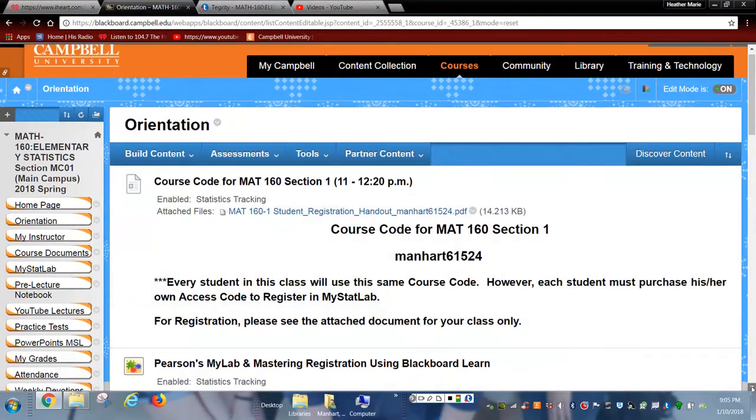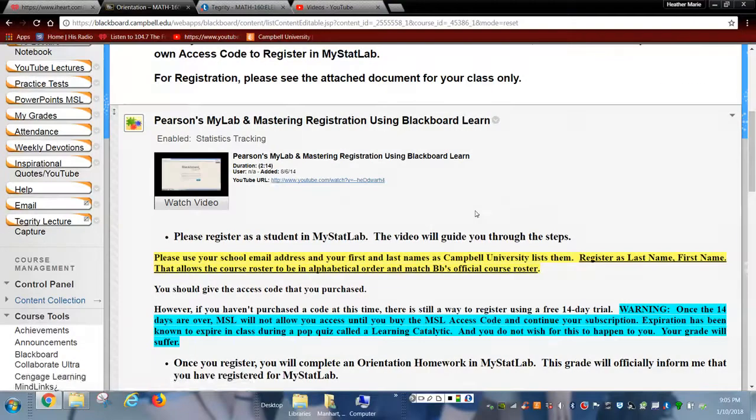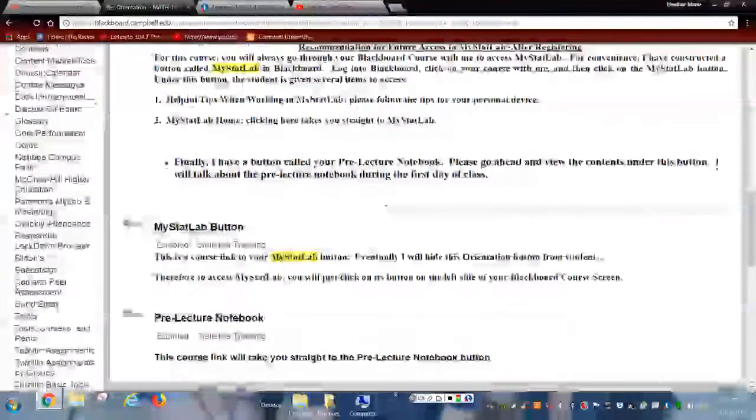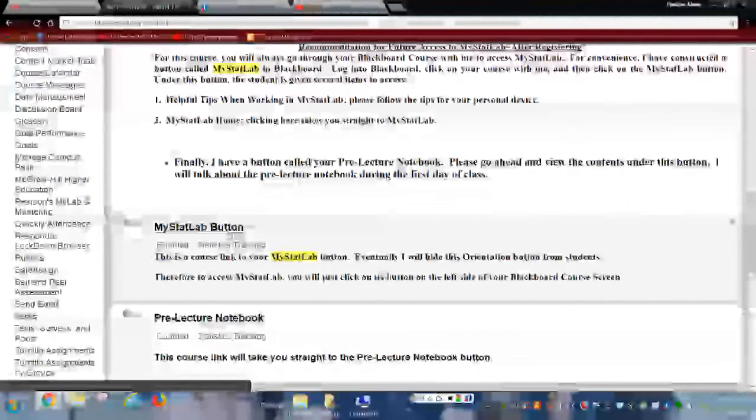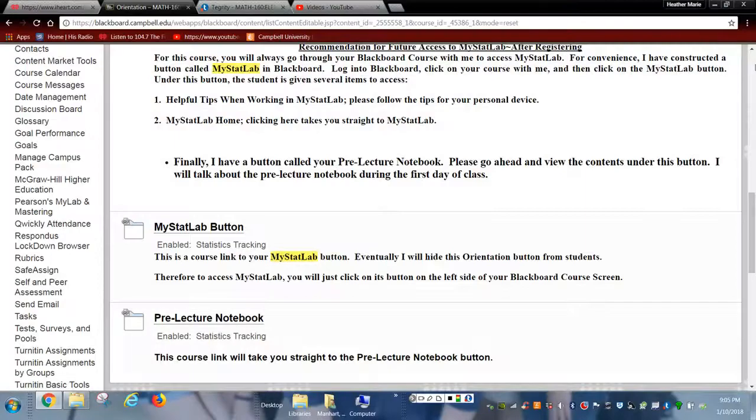Other items available under this particular button, I have a video from Pearson that shows you how to register. I also have course links to your MyStatLab button and your pre-lecture notebook button.